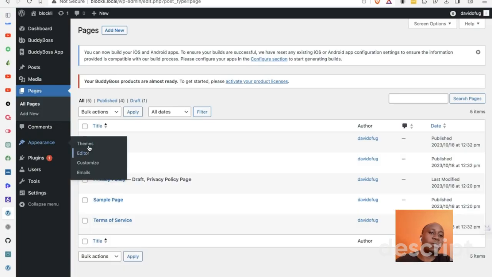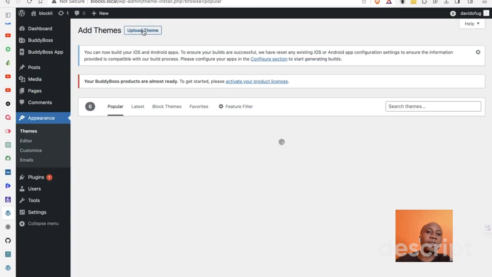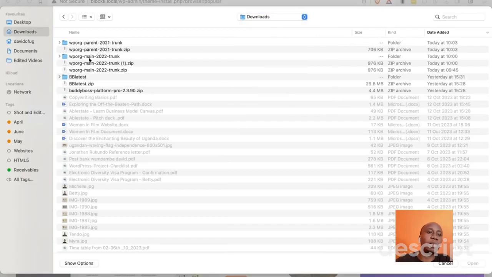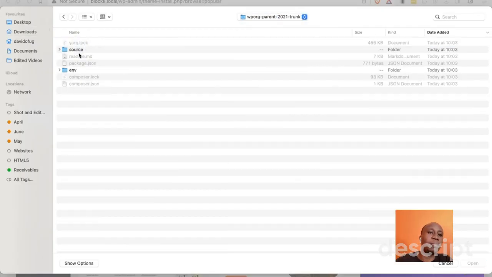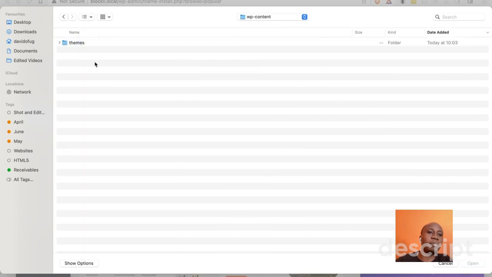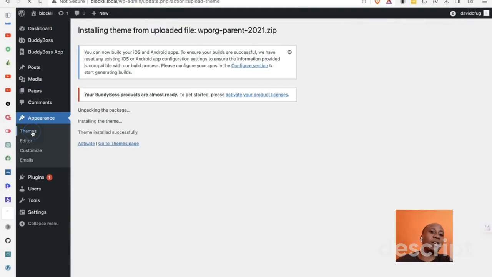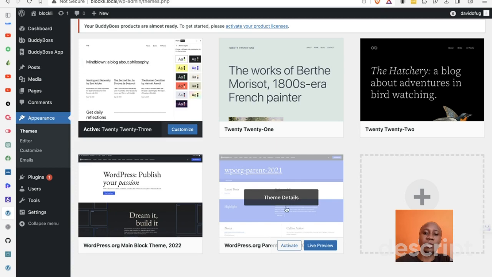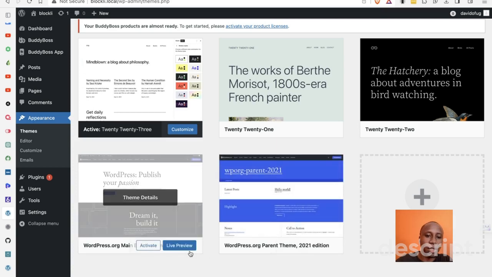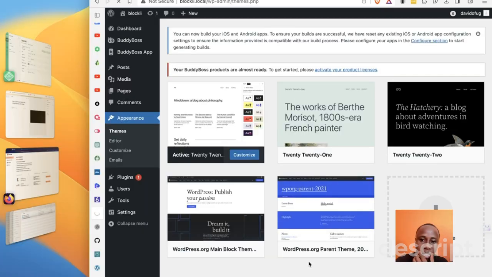So I'll go to themes and I will click Add New, then Upload. So I have to go to Downloads, WP parent, WP content, themes, then parent, I'll click open, then upload. Theme installed. Now if I go to themes, there is this one, and here's the child. If I activate here,